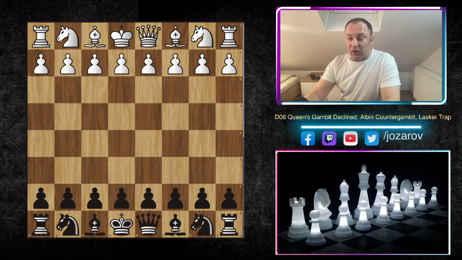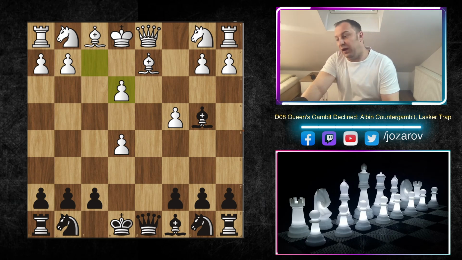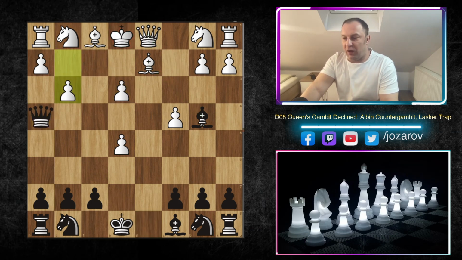So let's see now a different example. Again, the Albin Countergambit, again with this Lasker trap preparation. e3, bishop to b4. So as I said, bishop to d2. After d takes e3, your opponent could also try f takes e3. He doesn't have to take, of course, bishop to b4, or he doesn't have to play queen to a4, but still this should be probably much better for you, because again you have this tactic, queen to h4, then after